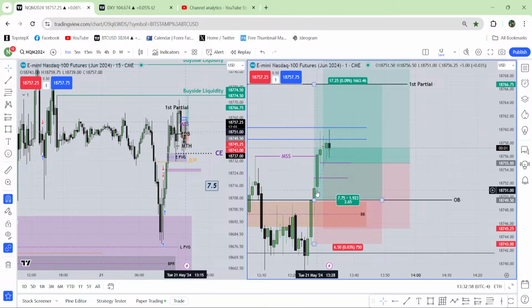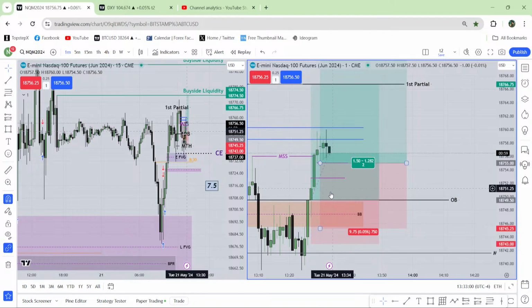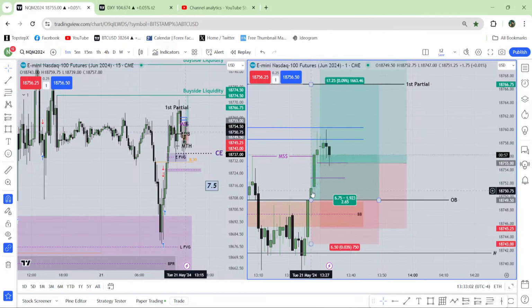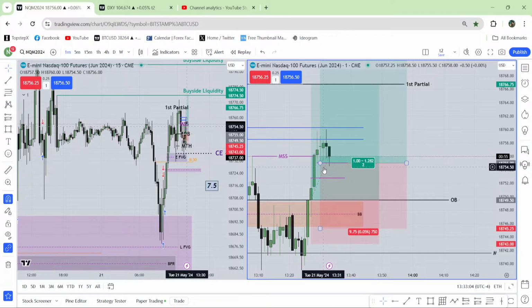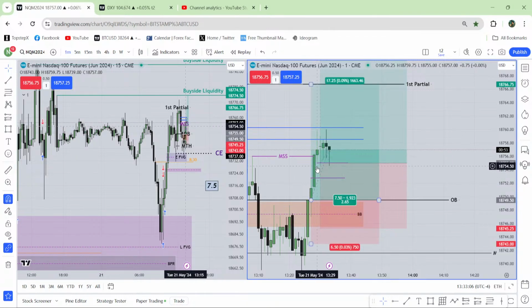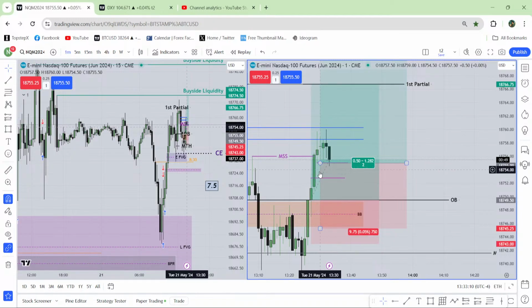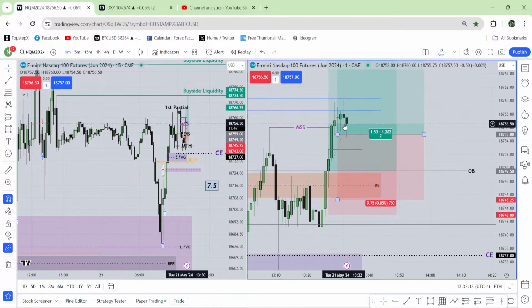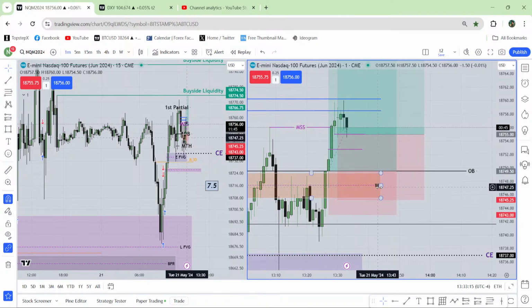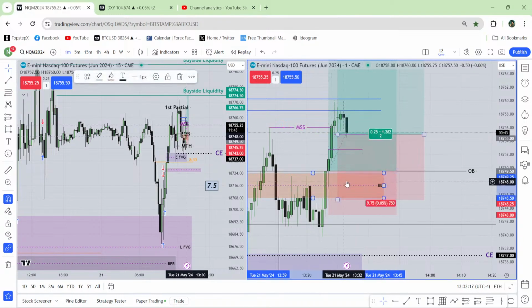You just can't wait for this entry fair value gap entry. If the market reaches that area, you are lucky. But most of the time, the market doesn't even trade the highest fair value gap. This fair value gap, the market doesn't even trade it. It is extremely bullish because of this breaker block. The breaker block is playing the master role over here.